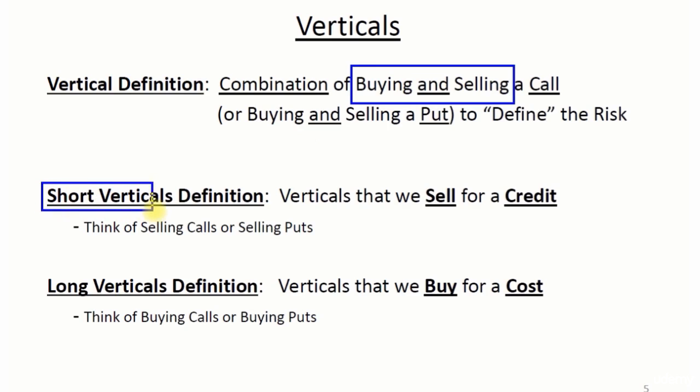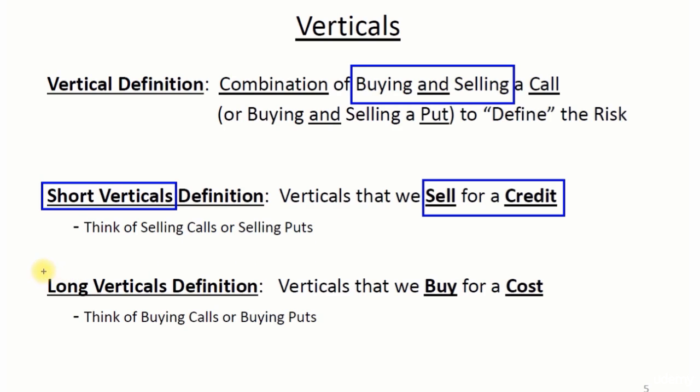There are short verticals, which means we sell them for a credit. Remember our terminology, short equals credit. So we sell these verticals for a credit, and this is similar to, just like before, selling calls or selling puts. Just think of the exact same thing, except in this case you'll see we actually can define our loss. But it's no different than just selling what they call naked options, just the calls and puts with the undefined